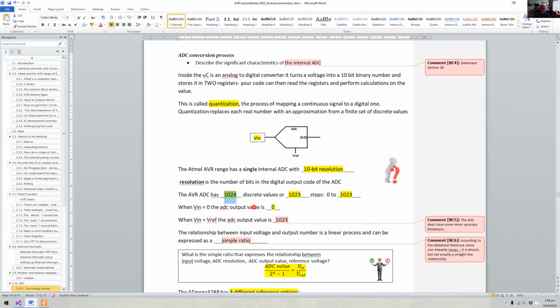Now, when the input is 0, the ADC output is 0, okay? And when it is equivalent to the reference voltage, so we're comparing this voltage against the reference voltage and creating some range of numbers from 0 to 1023, then when these two are equal, what you will get out of this is 1023, which of course in binary is 1, 2, 3, 4, 5, 6, 7, 8, 9, 10. It's a 10-bit number. And of course in hexadecimal, that is